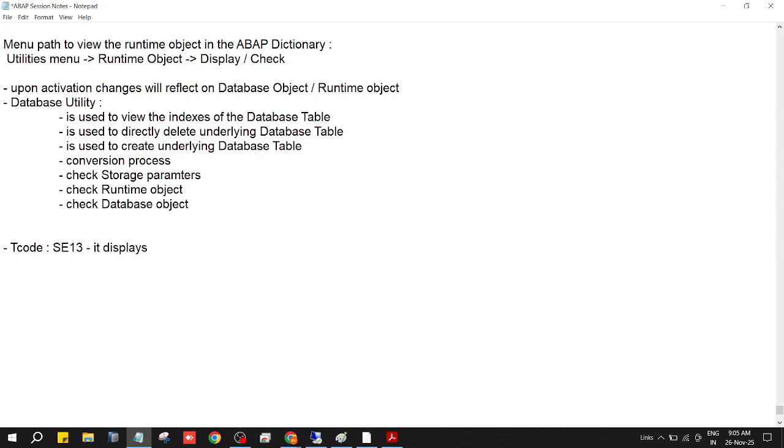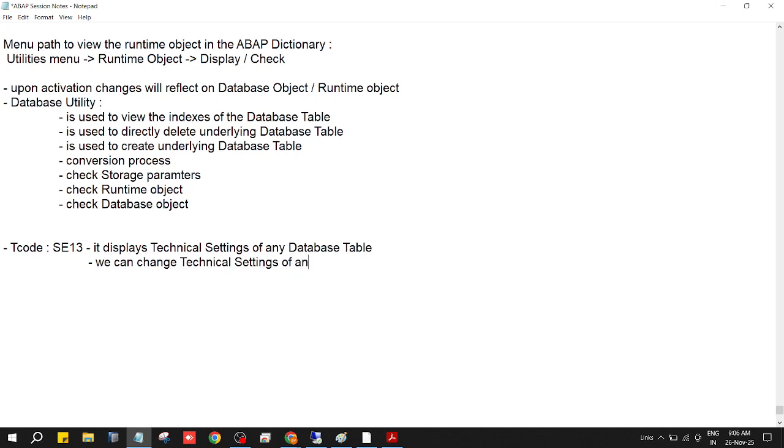It displays technical settings of any database table. Not only does it display, we can also change technical settings